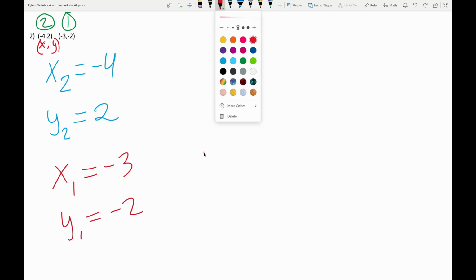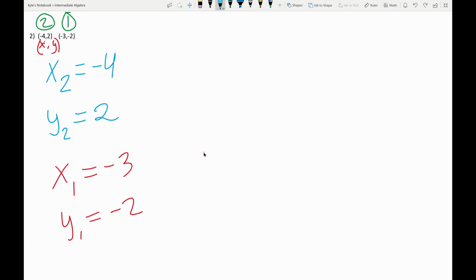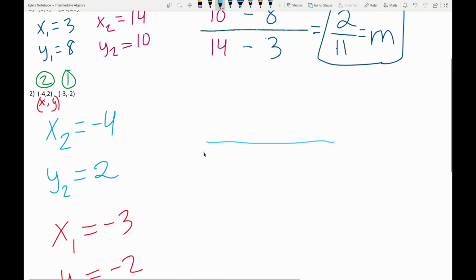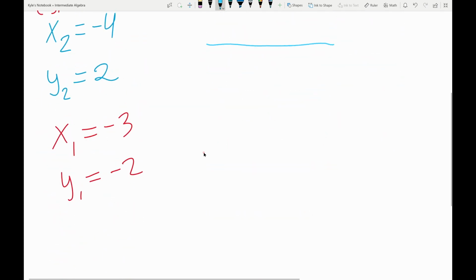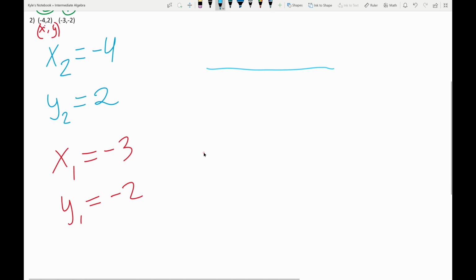So now what we're going to do is this. We're going to plug everything in. And if we look at our equation from earlier, which you should memorize, it is y2 minus y1, x2 minus x1. So our y2 is 2, our x2 is negative 4, and we're going to put the minus signs here. And then we can't forget about our 1's, so we have 2, excuse me, I messed up, negative 2